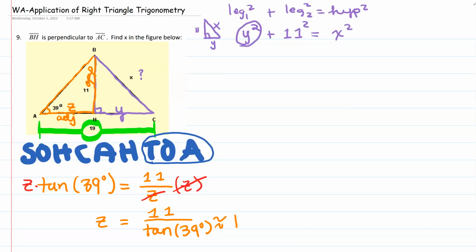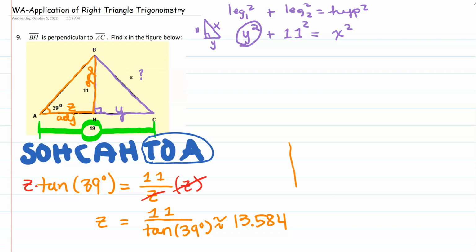Z is approximately 13.584. How many decimal places do you use? It depends on the problem, and it depends on the number and how you want to round it. And if you are using MyMathLab as your homework, look at the instruction. It will tell you how many decimals to use. Now that I have Z, approximately 13.58,